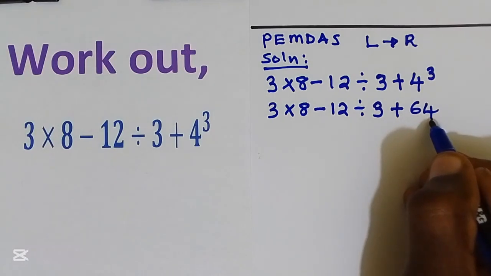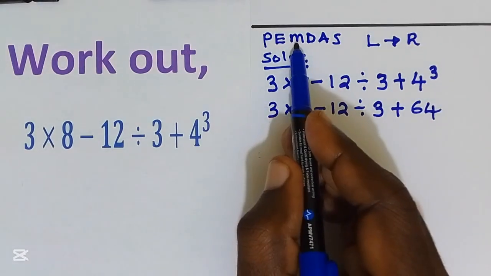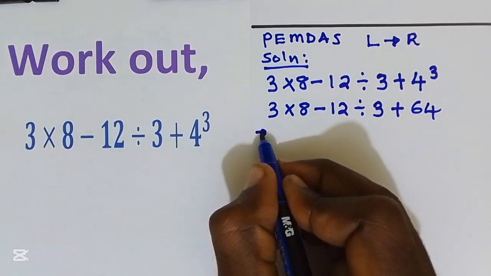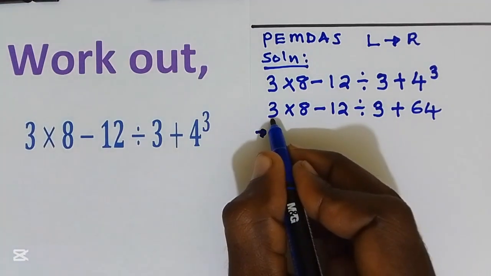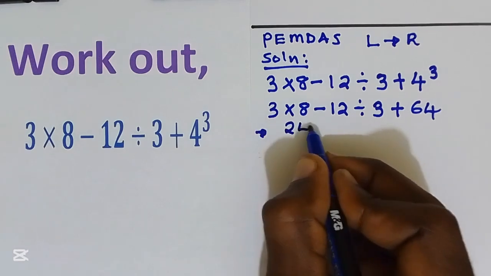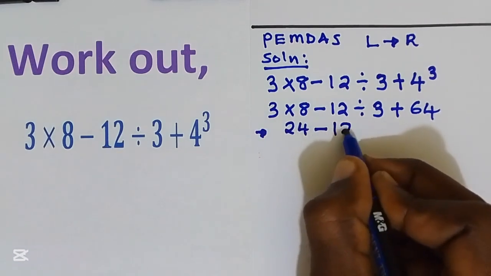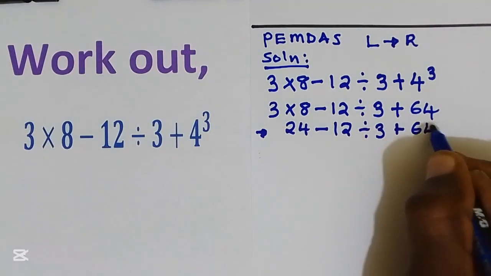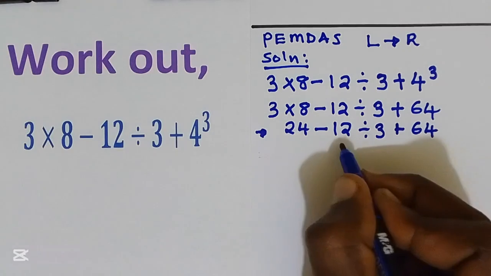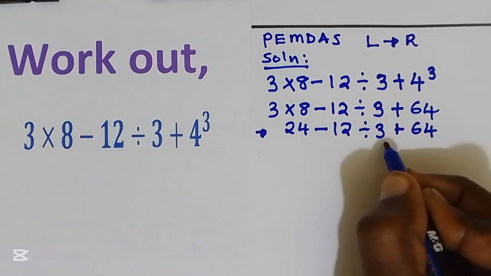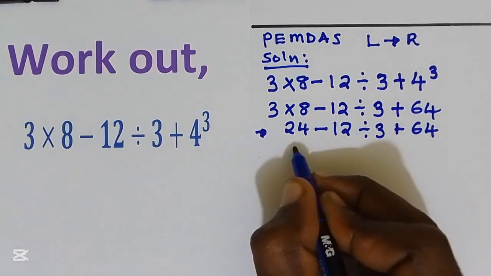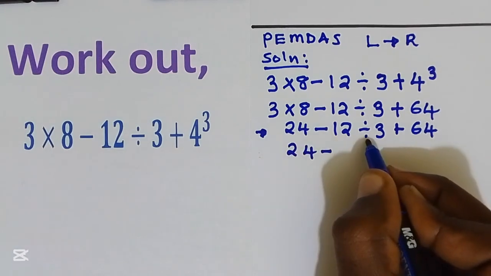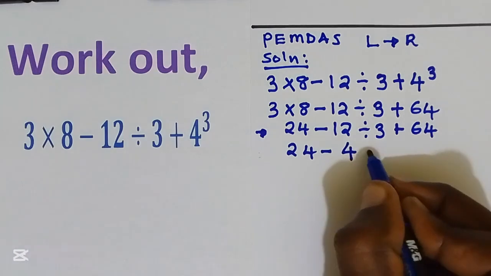Then, according to PEMDAS, we are going to work on multiplication or division. Since the movement is from left to right, we are going to start with 3 multiplied by 8. 24 minus 12 divided by 3 plus 64. Then we have division here, so we are going to work on division. That is going to be 24 minus 12 divided by 3, we got 4, plus